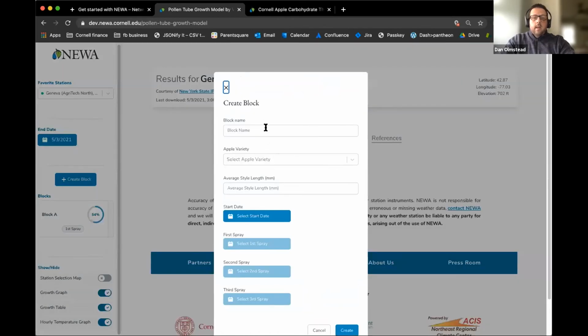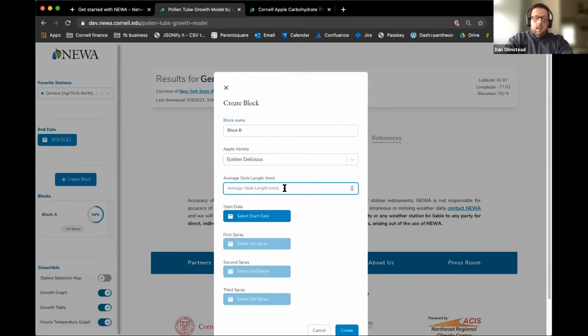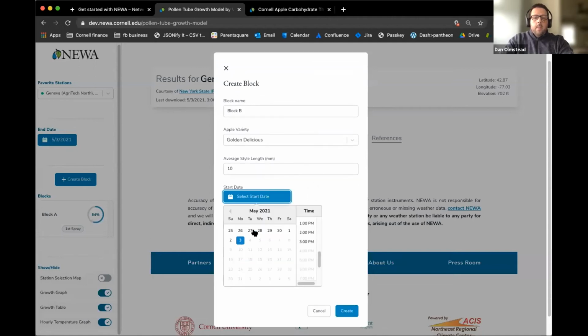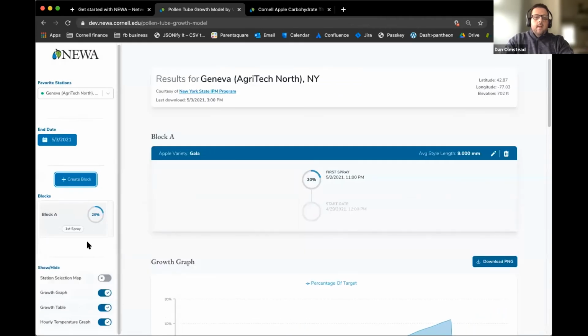So very, very quickly, I'll just add a second one for demonstration purposes. Maybe we'll choose a different variety here. I'll just say 10 millimeters as an example. And actually, while I'm thinking of it, this is where you're going to be measuring your own style lengths and deriving the average on your own. You're only entering a single value in this new model. And that was kind of to simplify the input, but just something to remember. And again, we'll just add a start date. We create the model, and now